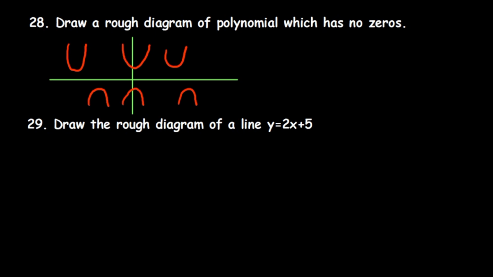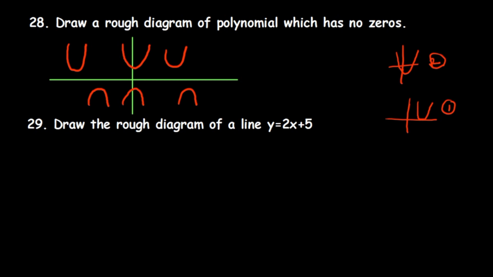So I have shown you completely 6 different parabolas here, right? Just rough diagrams. You can select any one from this. So the question here, draw a rough diagram of a polynomial which has no zeros, means it should not touch the x-axis. Now for example, if the question is asking for 2 zeros, then we can take it like this. It should intersect at 2 different points. Having 1 zero, we can take it like this. It should touch at only 1 point. So it is having 2 zeros, and this one having only 1 zero. But the question here has given no zeros. So these are the models.